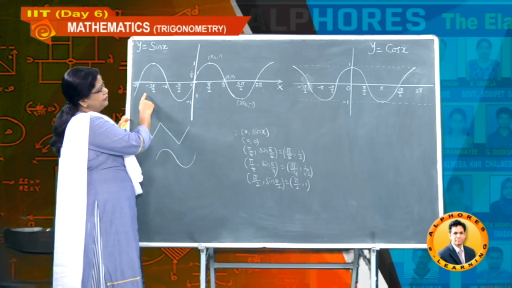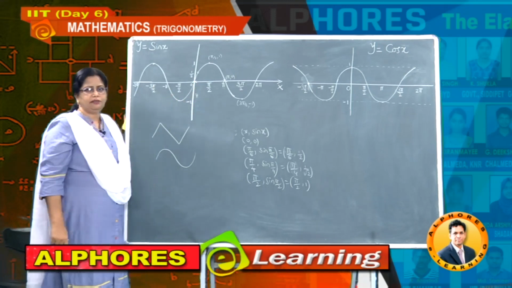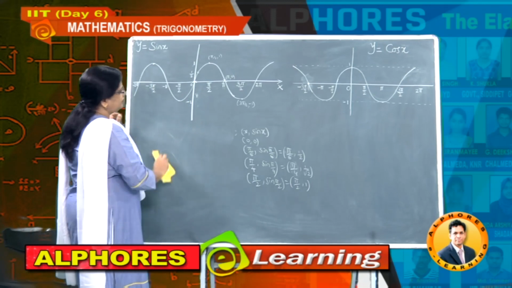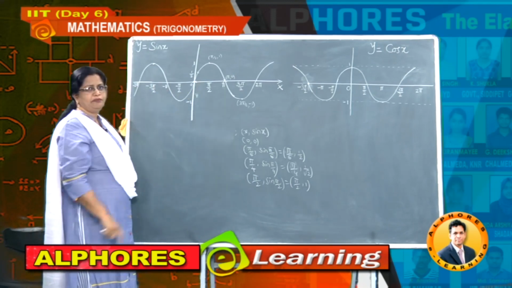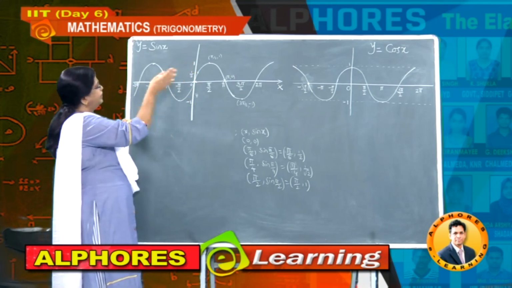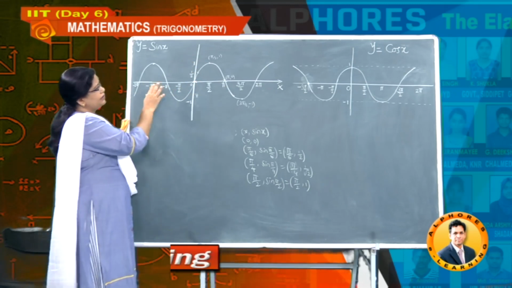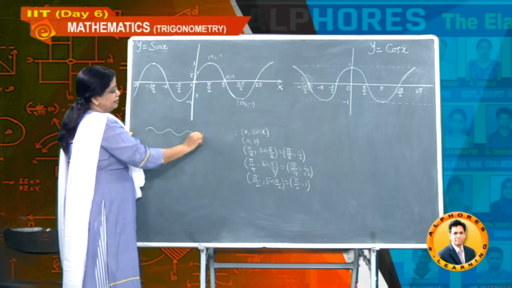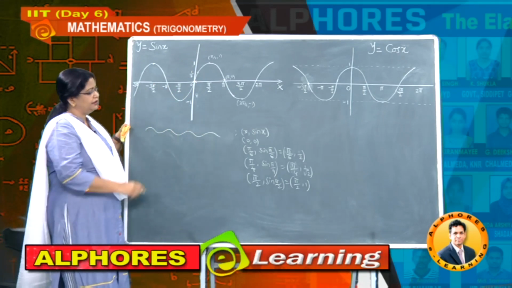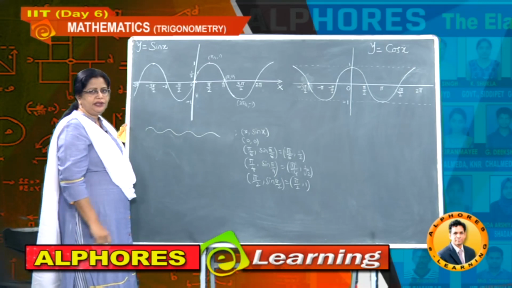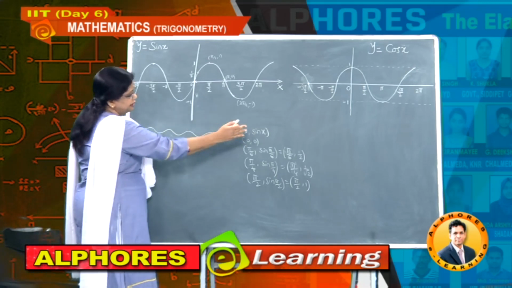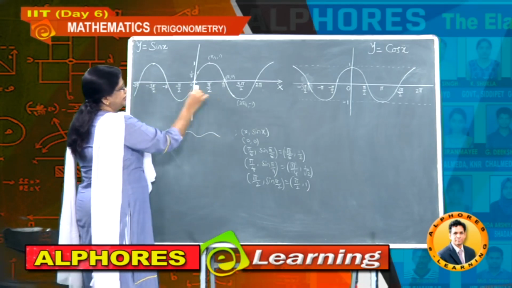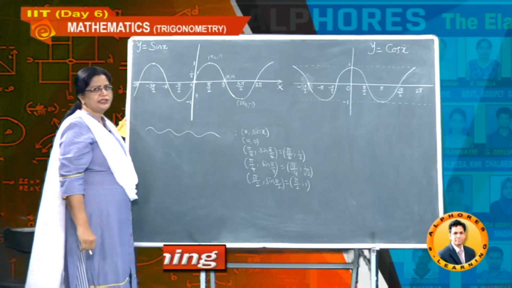So till now you understand the sine curve is nothing but a wave. And how is this wave? Observe, no gaps at all. As I can't draw up to plus infinity and minus infinity, I just take it in this way. The meaning is it goes on like this only. So this is nothing but the sine curve. This side up to minus infinity x values and this side up to plus infinity x values. So in this way, when the sine curve is going, it takes all of the x axis.